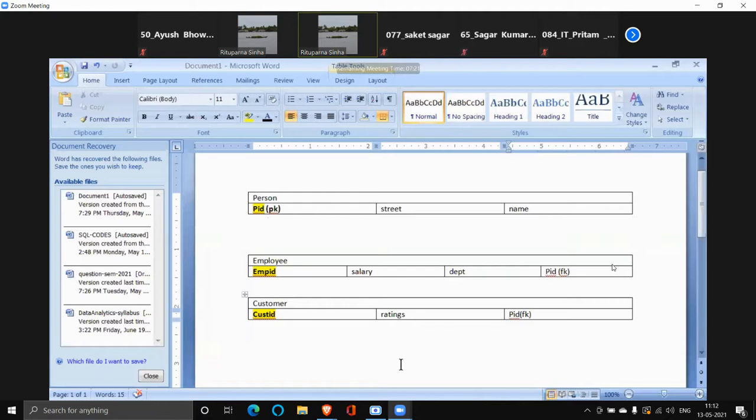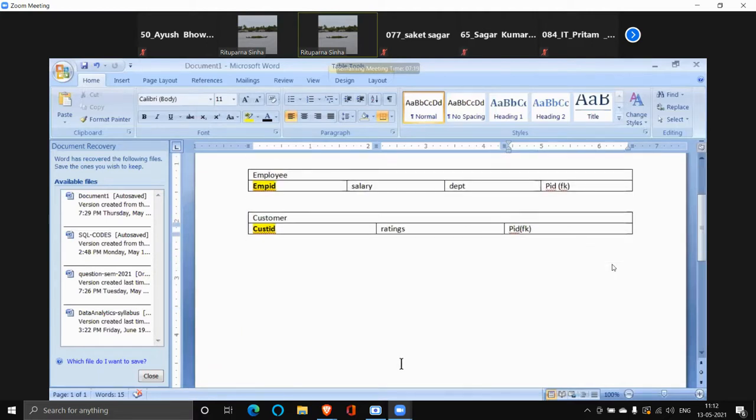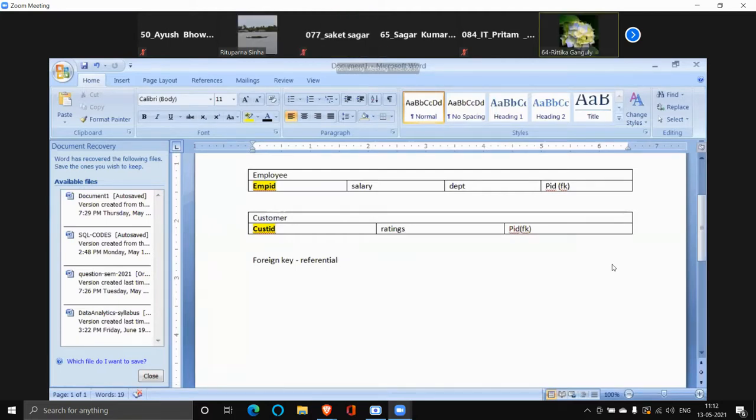Yes. Now, I will show you another type of foreign key, which is also known as referential integrity constraint. Is it visible to everyone? Yes, ma'am, the Word document.